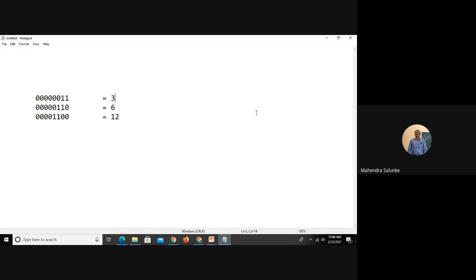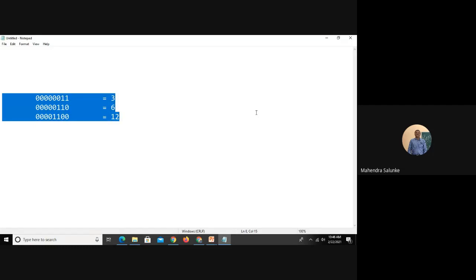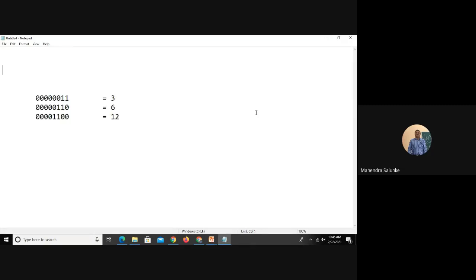Now, when we are talking about scaling any number by 8, by 8 means how many times should it be multiplied by 2? When we say it is scaled by 8, what is the relation there? How many times should it be shifted towards the left? And what is the scale operation? What is this term scale? The scaling factor we discussed in addressing modes as well. So scaling is nothing but multiplying by 8.